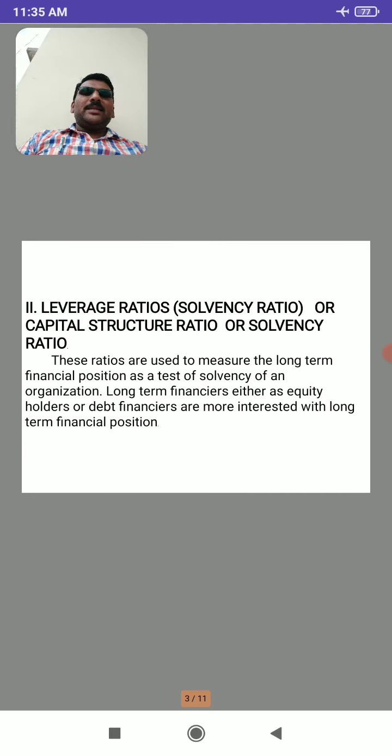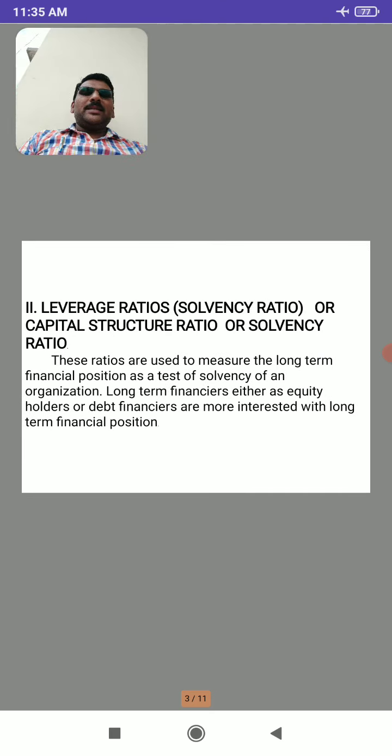So the third one is equity to current assets ratio. We have already seen the current ratio, but we have to know what we mean by equity to fixed asset and equity to current assets. We have to see the relationship between equity and fixed assets and between equity and current assets, and find out the ratio. Then current liability to shareholders fund: how much current liability the company has relative to the shareholders fund, and we have to find out the standard ratio.